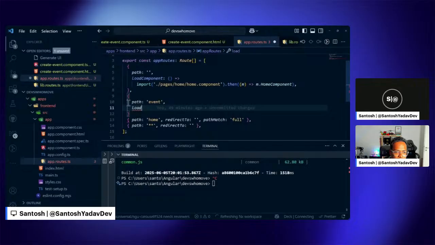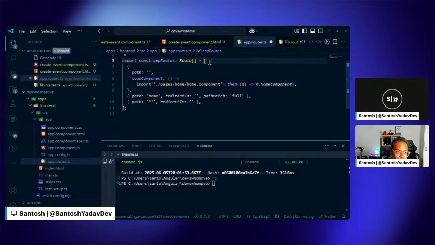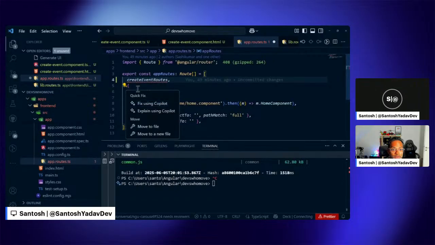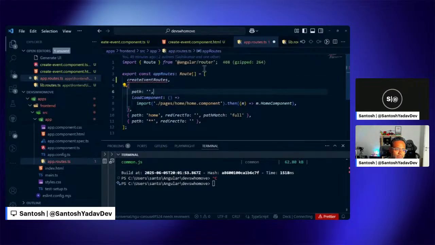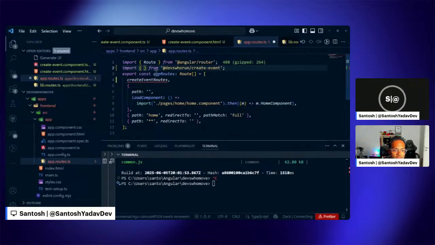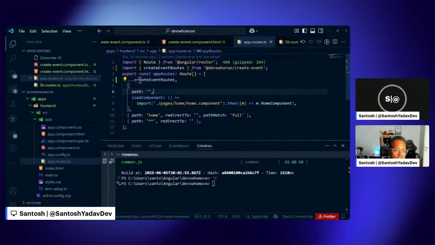So let's see. Then I just need to add the import. Cannot find it. Import from. Let me select devs run slash create event, and now it should be fine. Okay, update the import, and I can do this. Route array has no property in common with type. Okay, this is done. So if I try to access event slash create, I should get this component which we created right now,